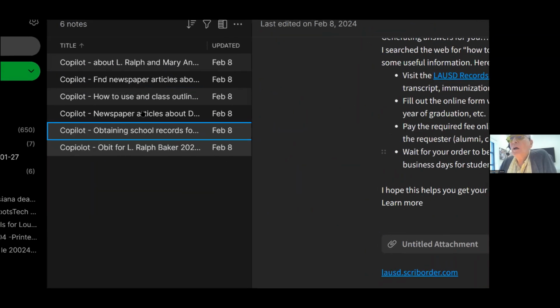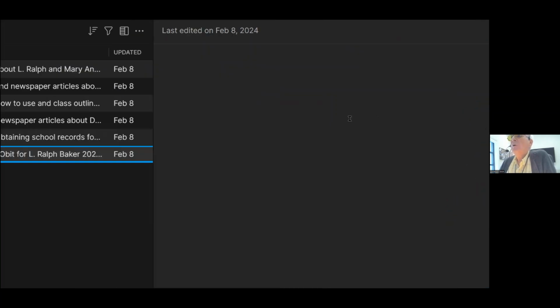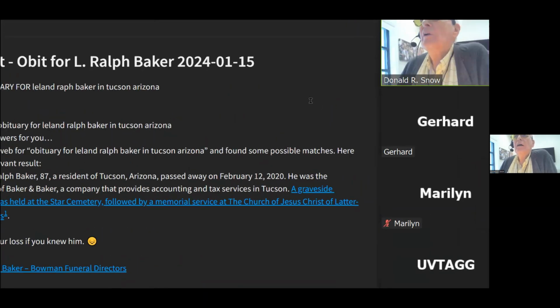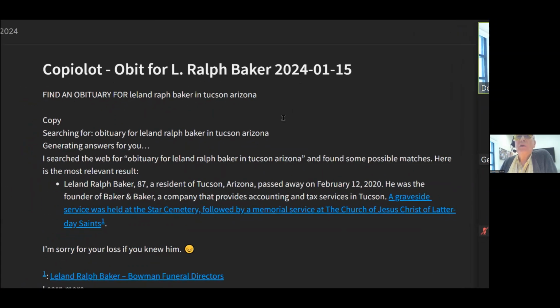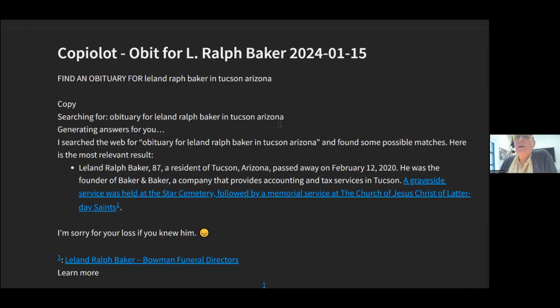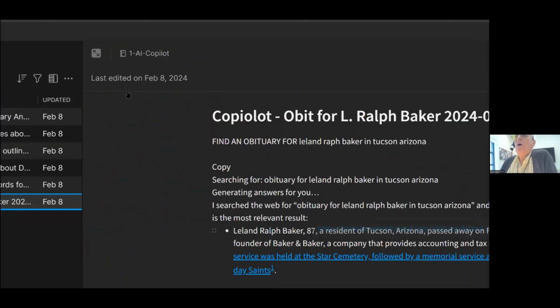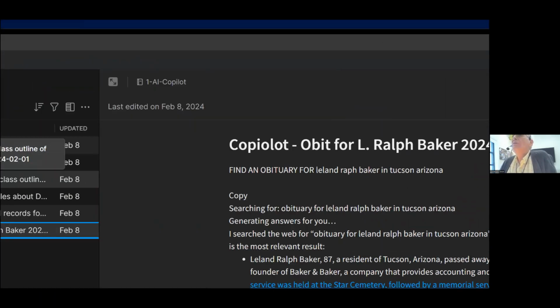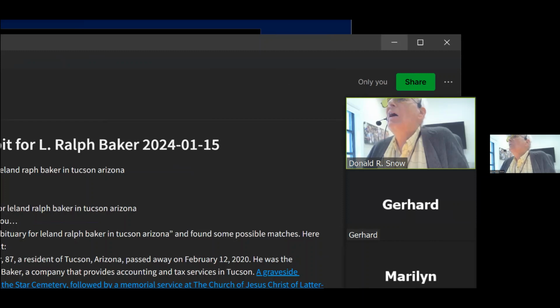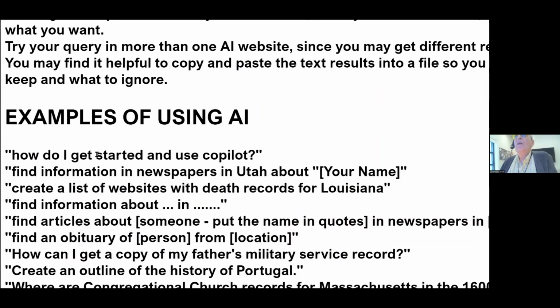The last one I got here is an obituary for my cousin, and this is out of the papers in Idaho, as I recall. Yeah, something about Idaho. Anyway, you can get some ideas on it. Now, the one other thing I do want to show you before I open it up to you guys is, let me just minimize that and go back to that